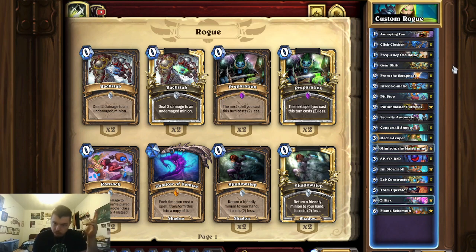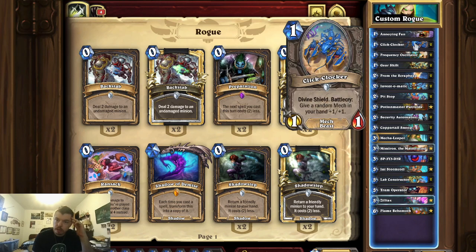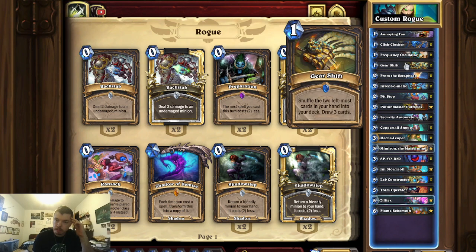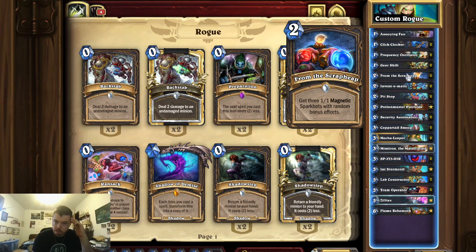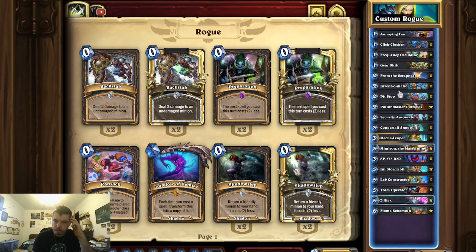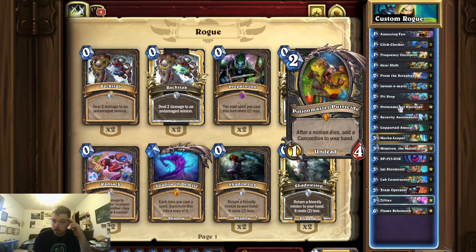So, for my list, here are the cards that I am playing with. I have one copy of Annoying Fan. There's two copies of Click Plucker, two copies of Frequency Oscillator, two copies of Gear Shift, two copies of From the Scrap Heap, two Inventomatic, two Pit Stops, the legendary card Potion Master Putricide,